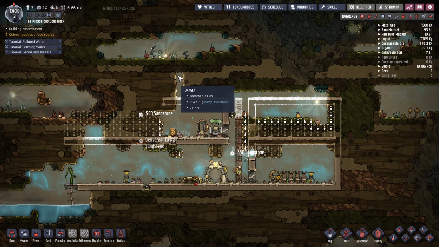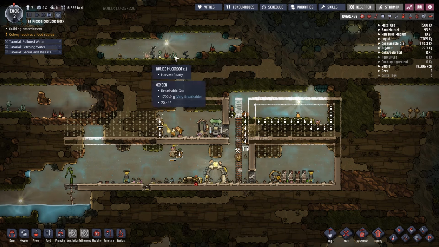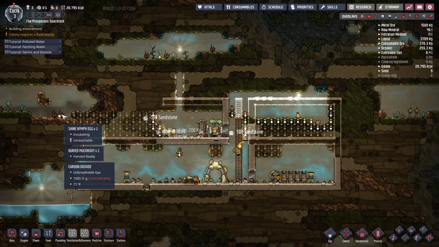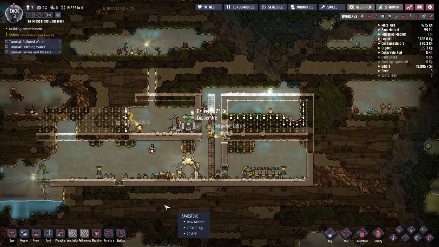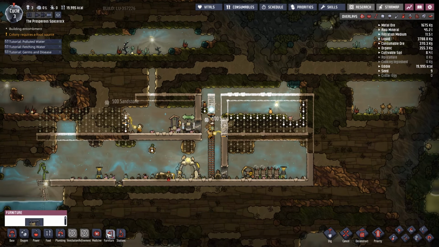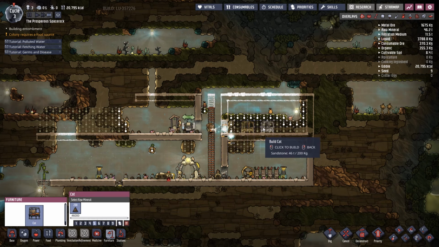Did I have them dig up there, or was that just dug out? I think that was just dug out. So up here, we've got some crops and things that we can go harvest. Looks like we've also got some eggs and some crops over this way that we can start tearing into as well. Furniture. We're going to throw down